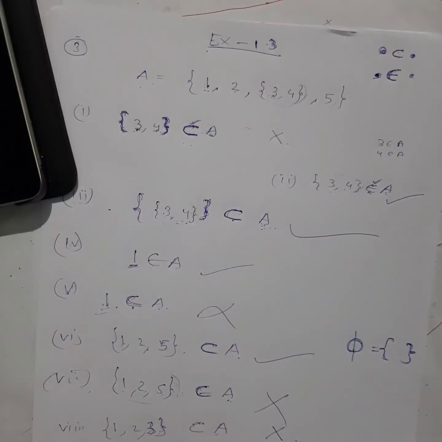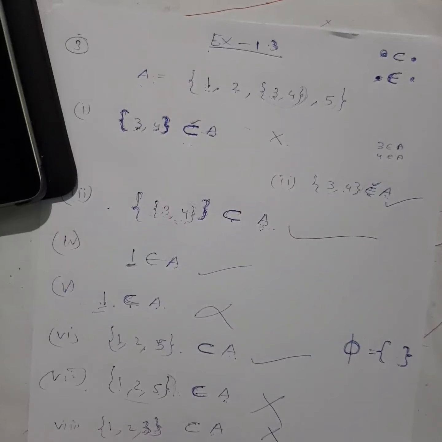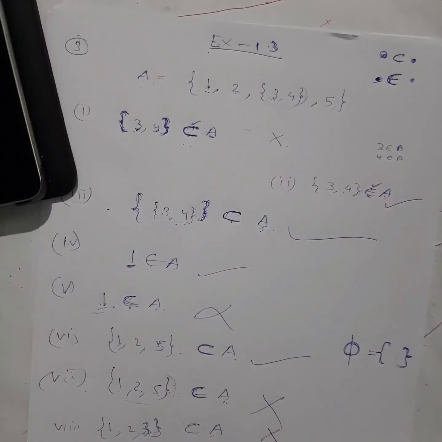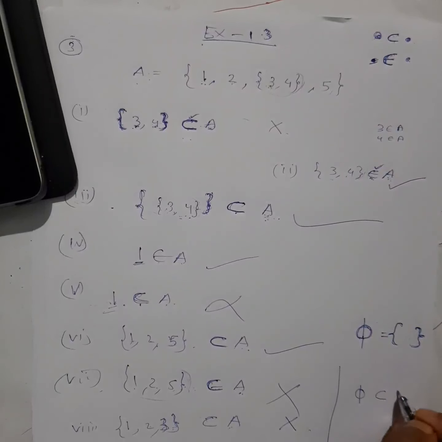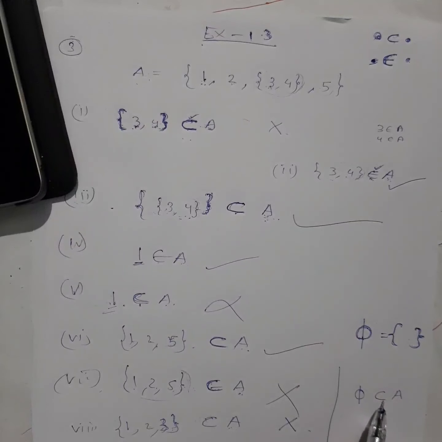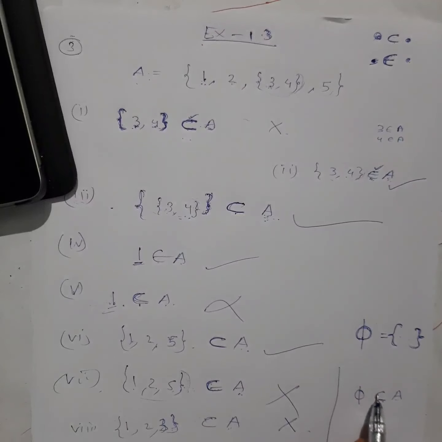If it is written like this, let me write it down here in the rough part, with the subset symbol, subset of A, then it would be a correct statement. Why? Because the empty set is a subset of A. I told you, any set you have, the empty set will always be a subset of that one. It is an obvious case, because the subset definition is what? All elements of this one must be contained here.